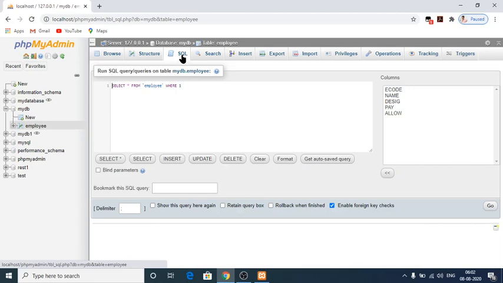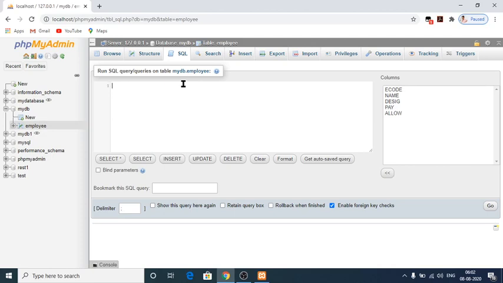So next I am going to execute some other DDL commands, because yesterday I didn't execute the DDL commands drop and truncate. I have already explained the purpose of using drop and truncate. Truncate is used to delete the records alone from the table.